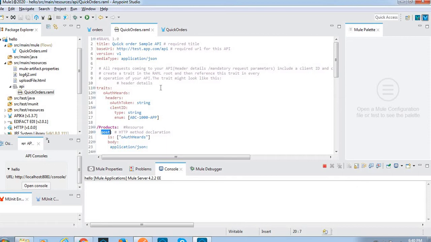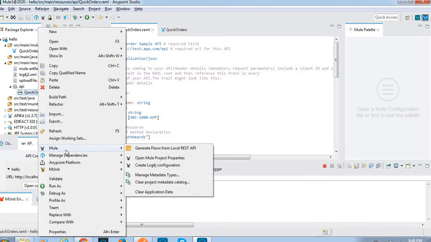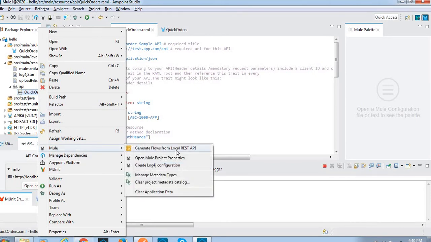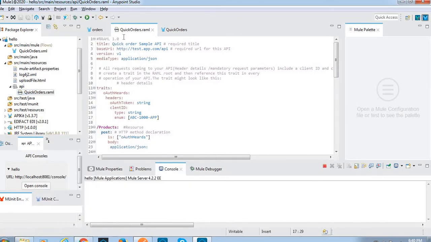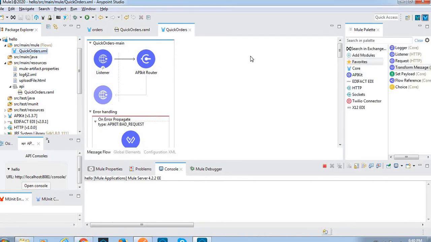create an API kit router by importing this RAML. Okay, what we have to do is just right click on the RAML and see, this is the Mule generate flows from local REST API. Okay, once we click, see, this is the configuration file, like quickorders.xml file. It will generate